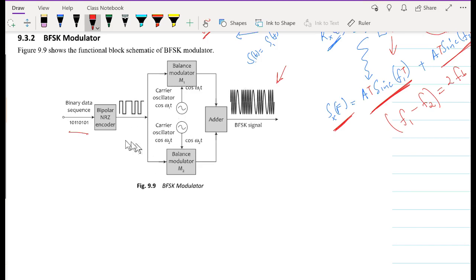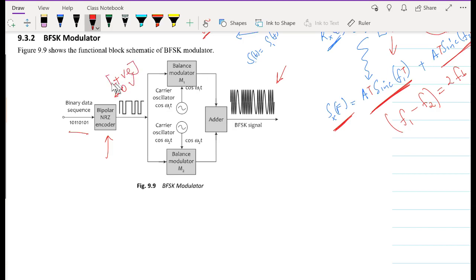As you can see in this diagram, the binary data sequence is passed through a bipolar non-return to zero encoder. What that does is that it gives us pulses of positive signal and zero signal, or 0 volts. Positive, maybe positive 5 volts, and 0 volts. 0 is for when there is a simple 0, and positive 5 volts is when we have a simple 1